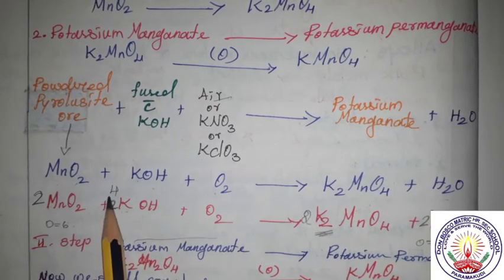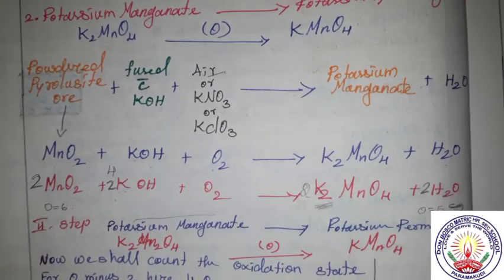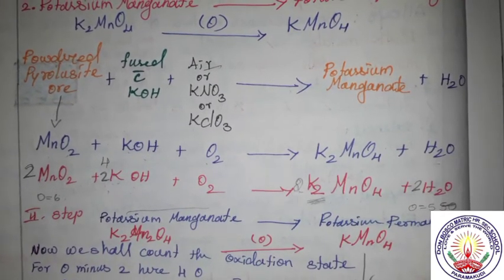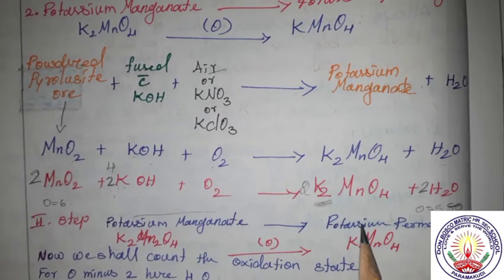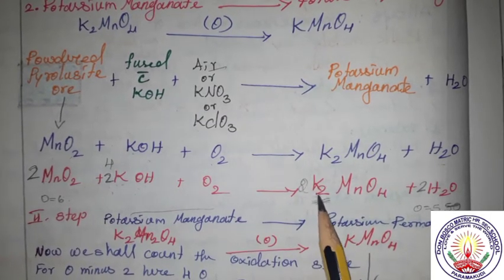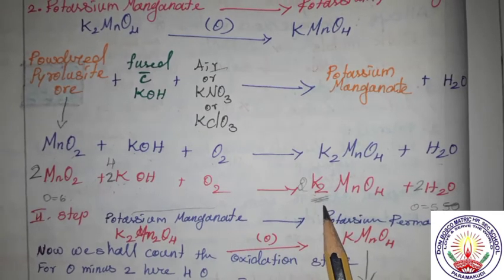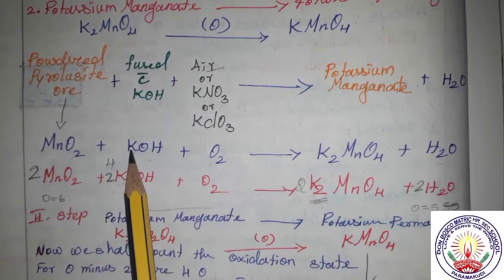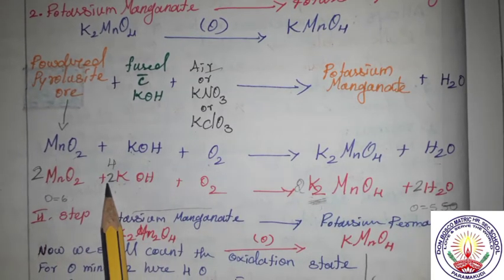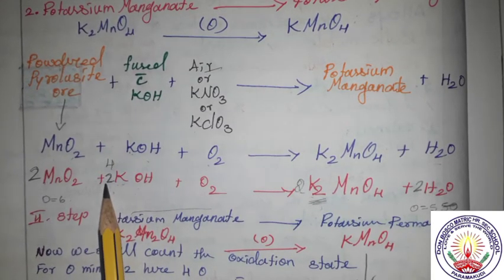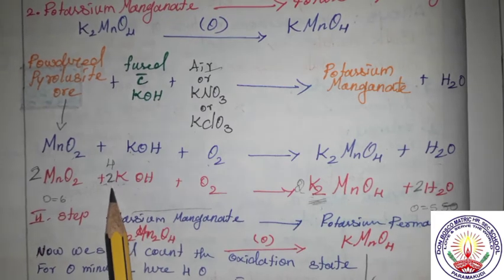Now we shall balance this equation. Now we see what the formula for potassium manganate is. From the pyrolusite ore we are getting potassium manganate. The potassium manganate is K2. We have K2 here and here K is 1. So we need to add 2 here. When we add 2 here,